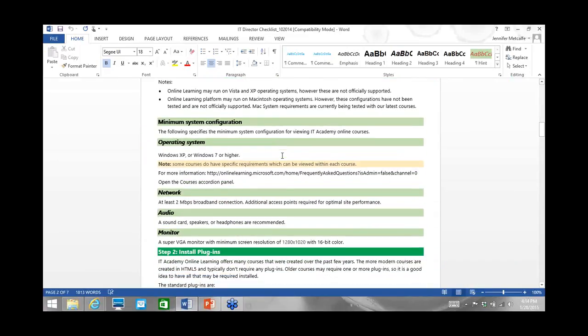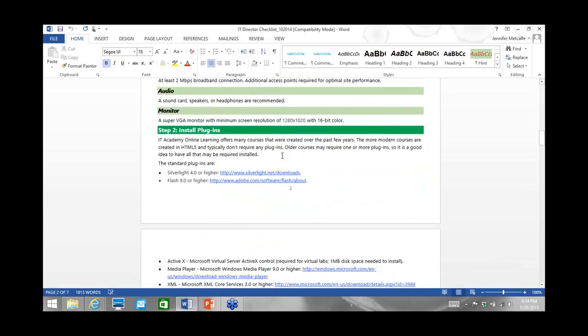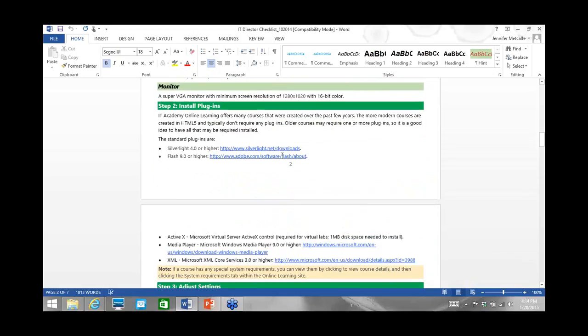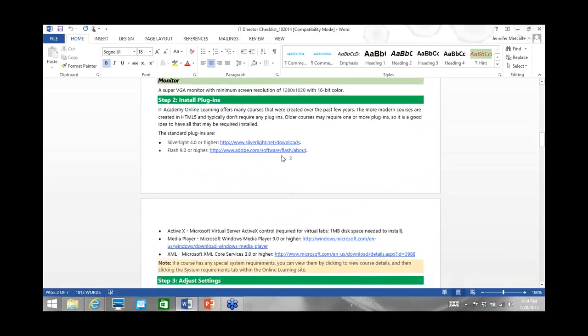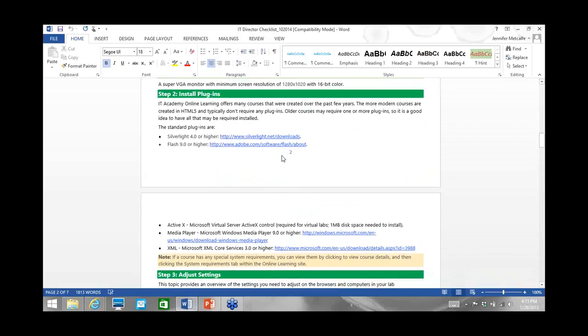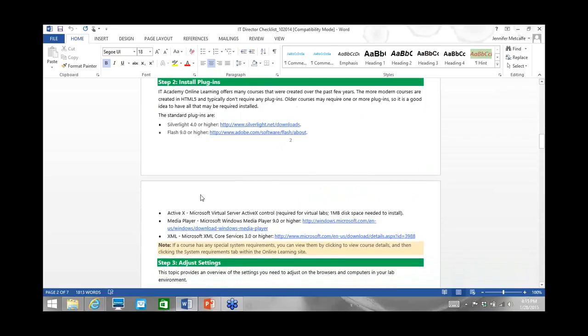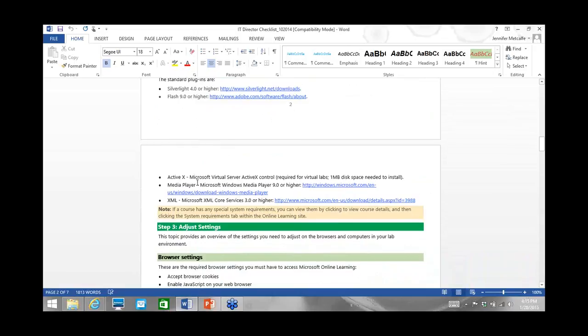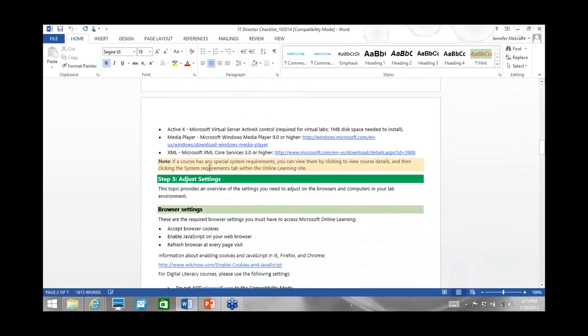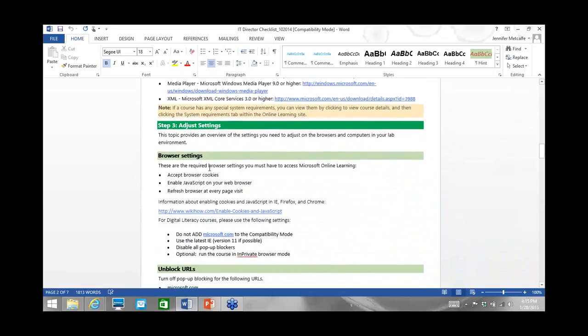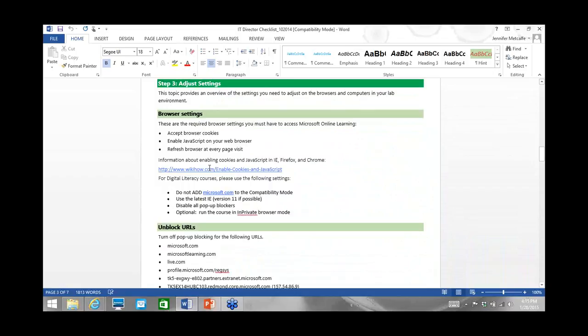Okay, I'm going to scroll down just a little bit more. And I want to highlight the plugins that you need. You need to make sure you have Silverlight 4.0, Flash 9.0, ActiveX, Media Player, all these things that you'll need in your classroom. Silverlight is for the digital literacy curriculum, but a lot of these, like Media Player, play a part in online learning. Okay, as I keep scrolling down,